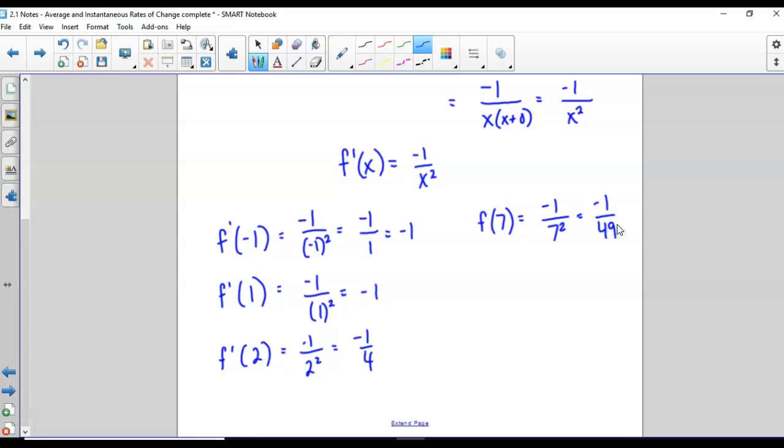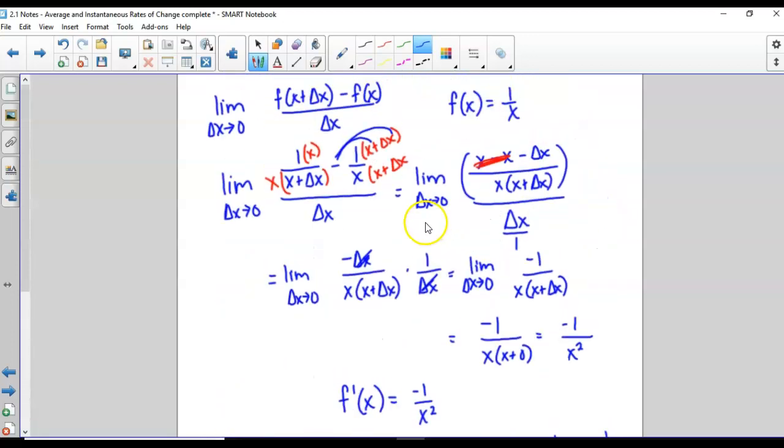So if you have a problem like this, it is a lot more difficult to use that limit definition of a derivative at first, but you can plug in as many answers as you can plug in and find as many points as you want once you get that derivative correct. So we'll need to know how to use both of these limit definitions. So both of them are ones that we have to have memorized for this. So that concludes my demonstration there. So what I want us to do right